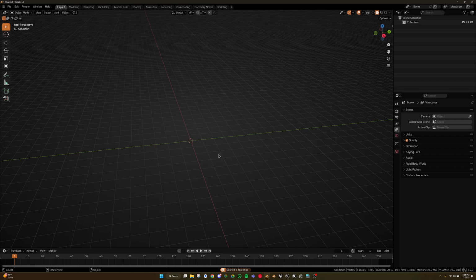What we are going to do is start to make a wall. In my opinion, the best method to make a wall is this. You're going to do Shift A. By the way, the keys I'm pressing are displayed in the bottom left corner, so I might be going a little bit fast. I don't want this tutorial to be too long, but you can always rewind and see what's going on in the bottom left corner. So I'm going to add a plane,